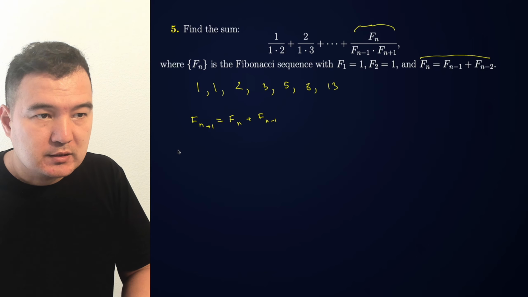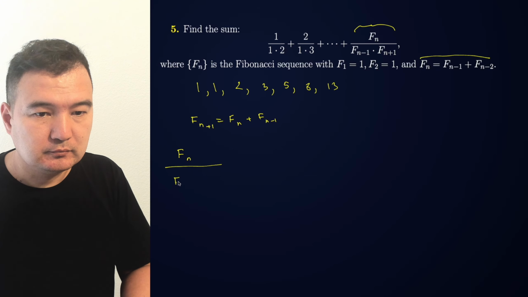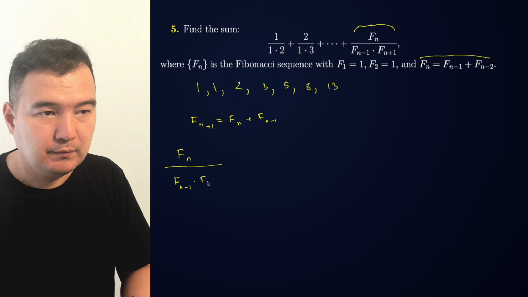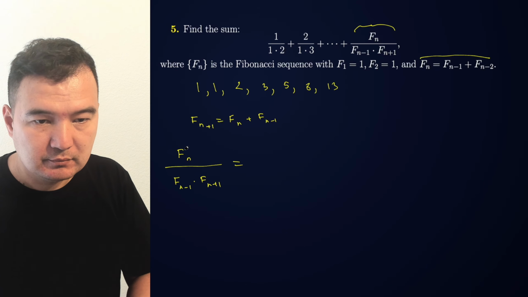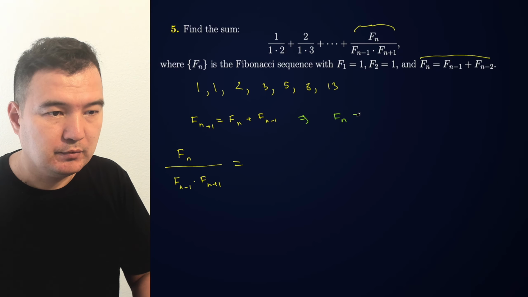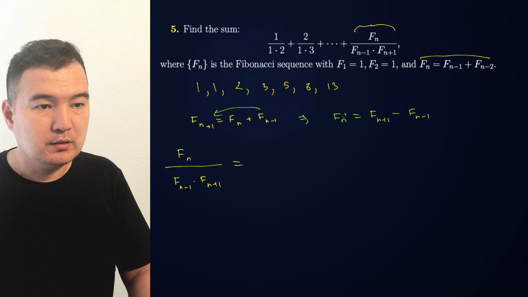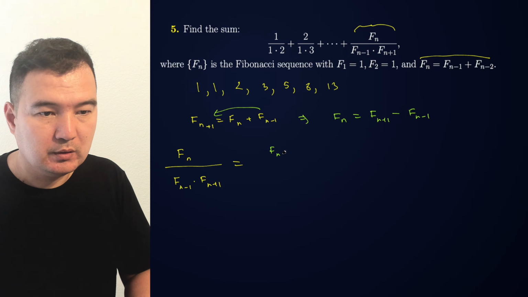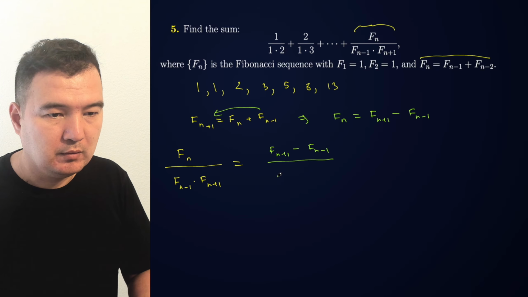So what will be the expression for our general term of the sequence here? Multiplied by Fn plus 1. So let me do the following. Instead of Fn, let me reorder this and find the formula for Fn. Fn is Fn plus 1 minus Fn minus 1, if I just take this to the other side. So instead, I will replace Fn with Fn plus 1 minus Fn minus 1 over